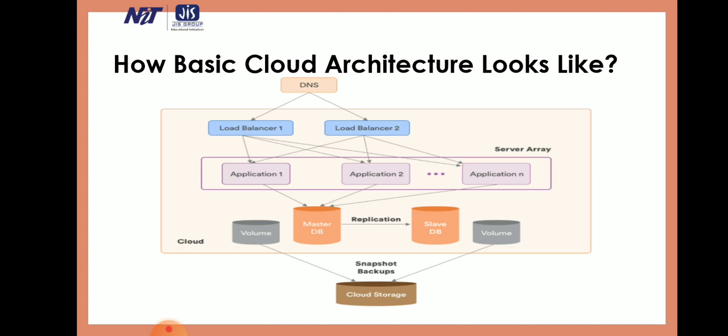Also, streaming from a local data center gives a fast viewing experience. In this architecture, we have multiple data centers, each having its own load balancer tier, application tier, and database tier.